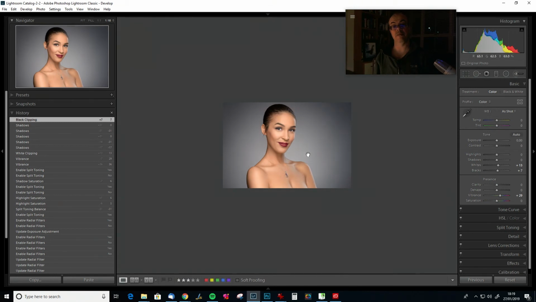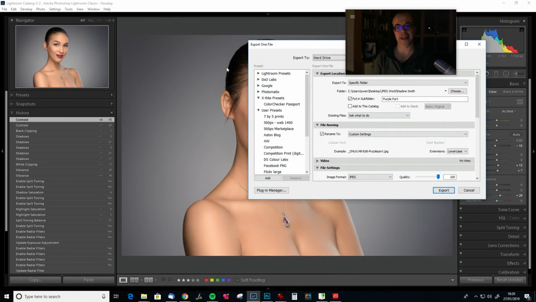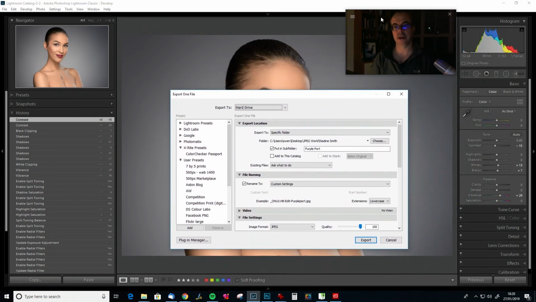what we've done in Lightroom. It's basically that. I think we're alright. Now, the only thing that sometimes happens is when you export these images, it actually adds contrast. Now I'm going to let Lightroom decide what contrast should be applied. And it's always a negative number, and then I normally just put that back up by just a bit, and then when I export the image, we'll come back to full size there. When I export the image, it will add a bit of contrast back in. It's just something I've noticed, that it's